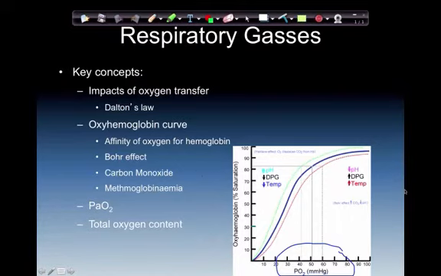Now, the Bohr effect, what that does for us. The Bohr effect adjusts this oxygen hemoglobin dissociation curve because a decreased pH also means that you have a high acid level. And the one that we see normally occur in this is CO2. So with high amounts of CO2, we've got loads of building blocks, so we can make carbonic acid quite readily. And just to talk about that for a minute,